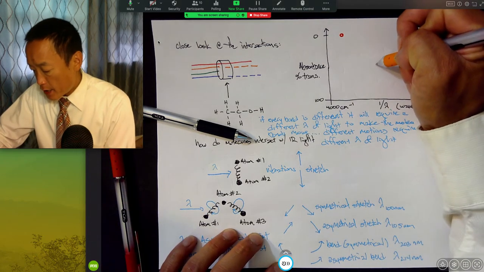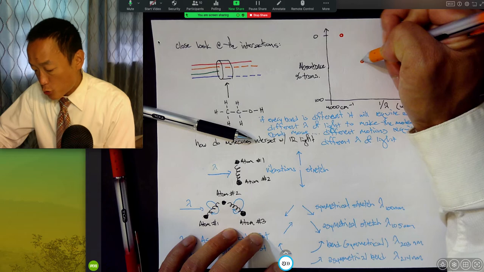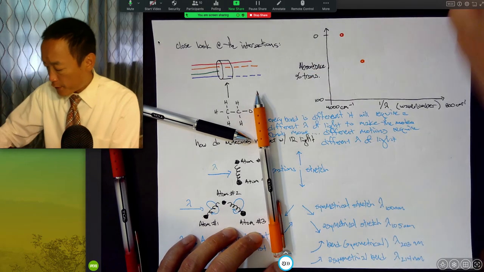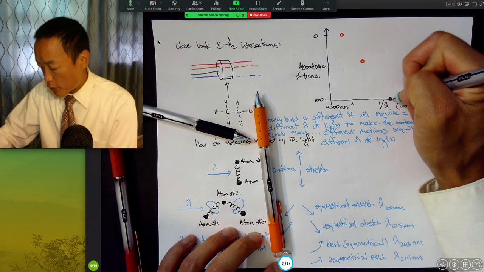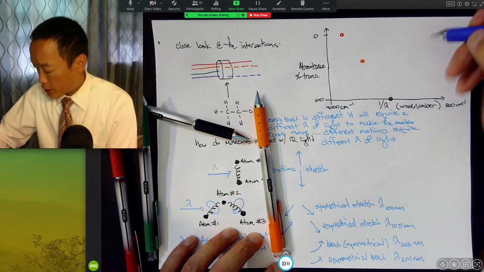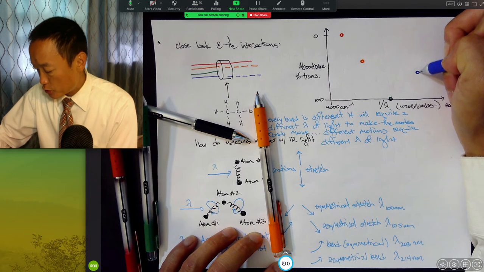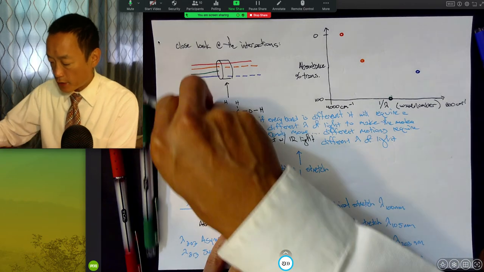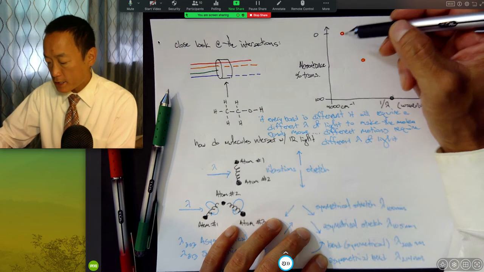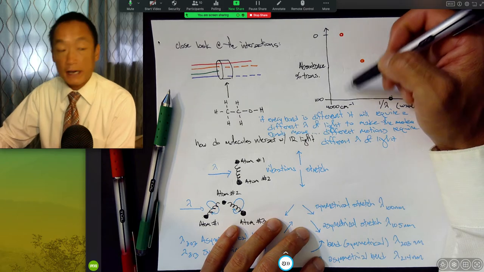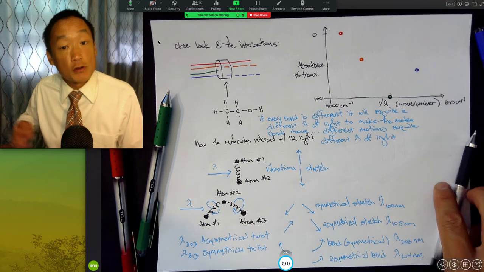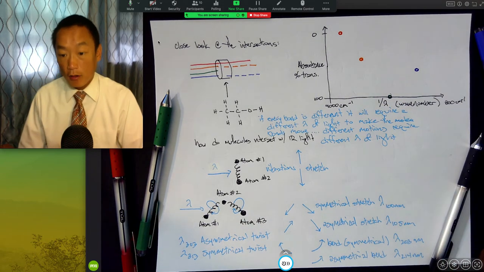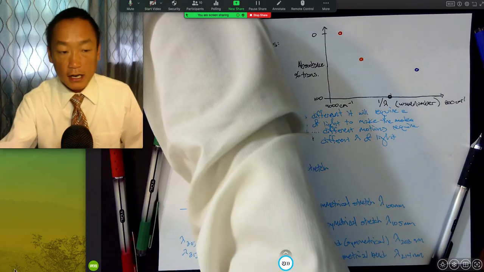Some of that energy was absorbed by the orange wavelength of light. All of that energy was absorbed by the green wavelength of light, and some of that energy was absorbed by the blue wavelength of light. And what you end up with is a spectrum that places the energy with respect to how much of that energy was absorbed by the sample. And what you end up getting out of this